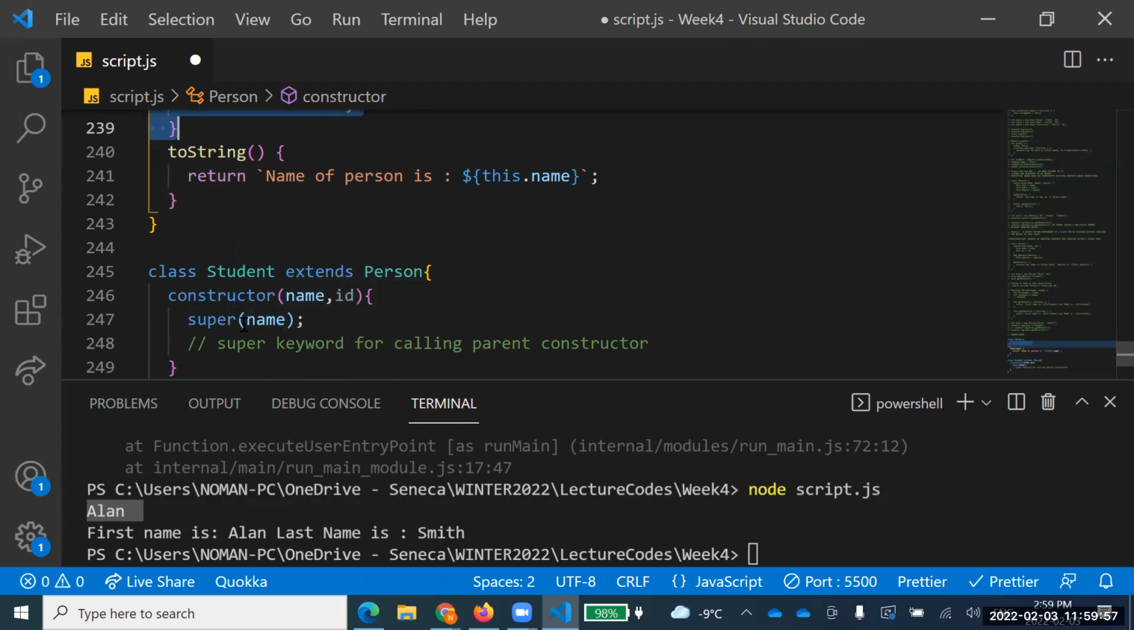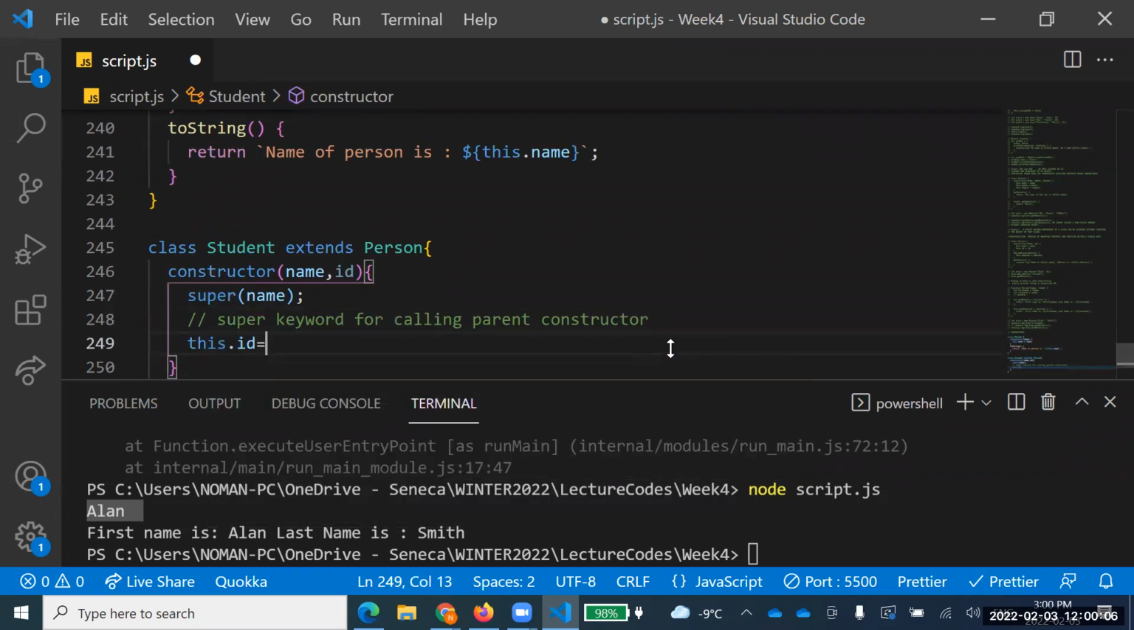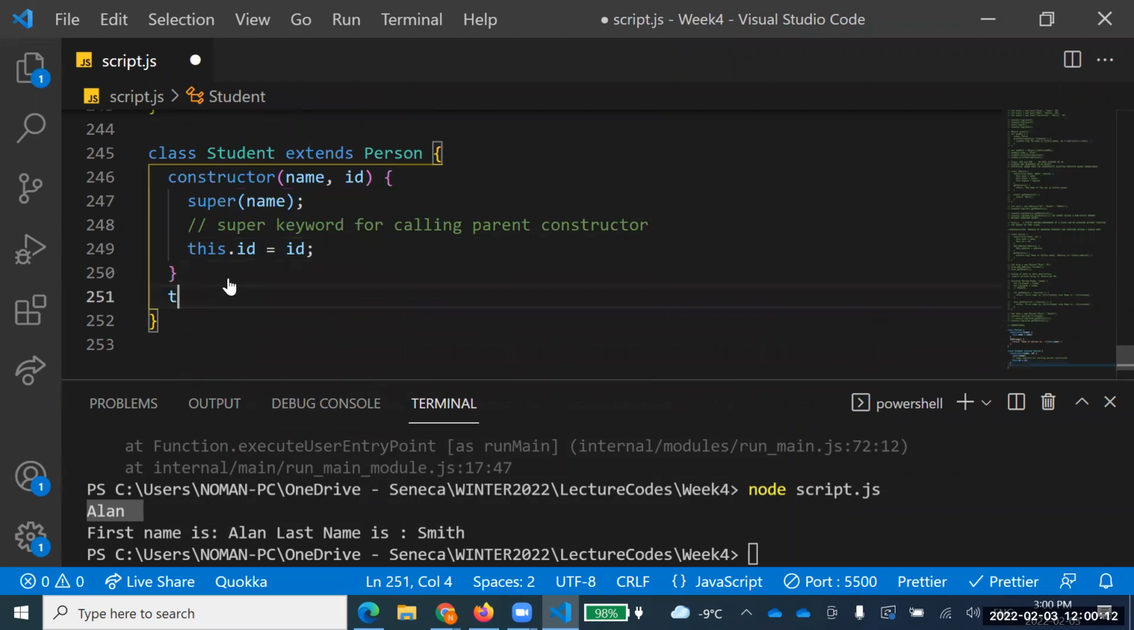One of the values it will pass to its parent and say, okay, just set up the name over there, because I am here and I will set up the ID for this one. this.id = id. The ID which has been passed, I'll set up that ID with myself. Now, the other function, toString,